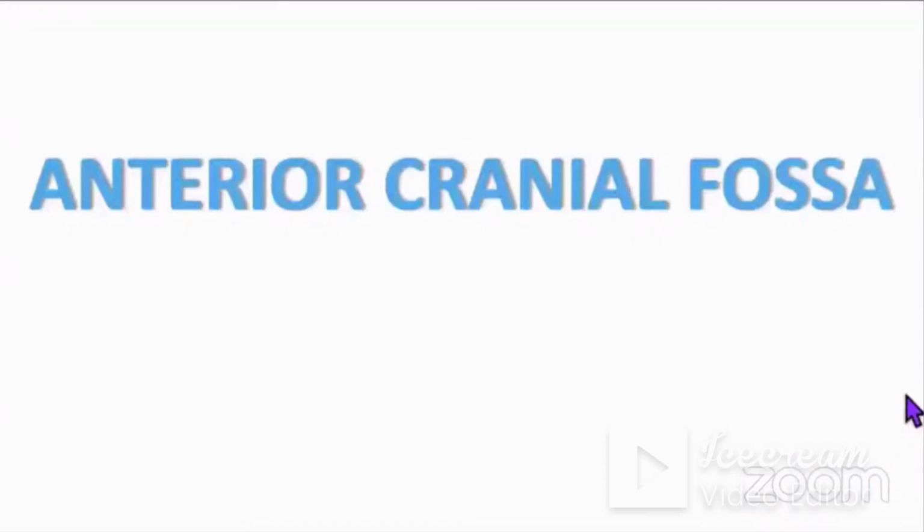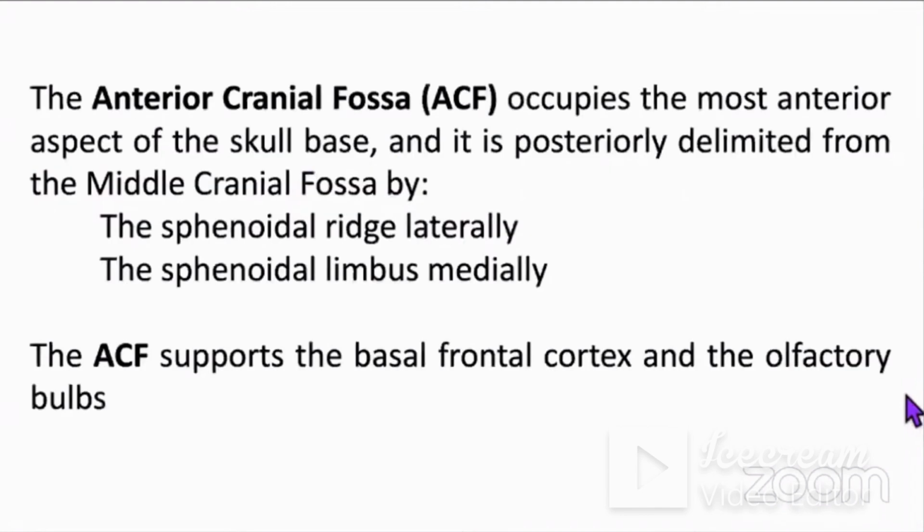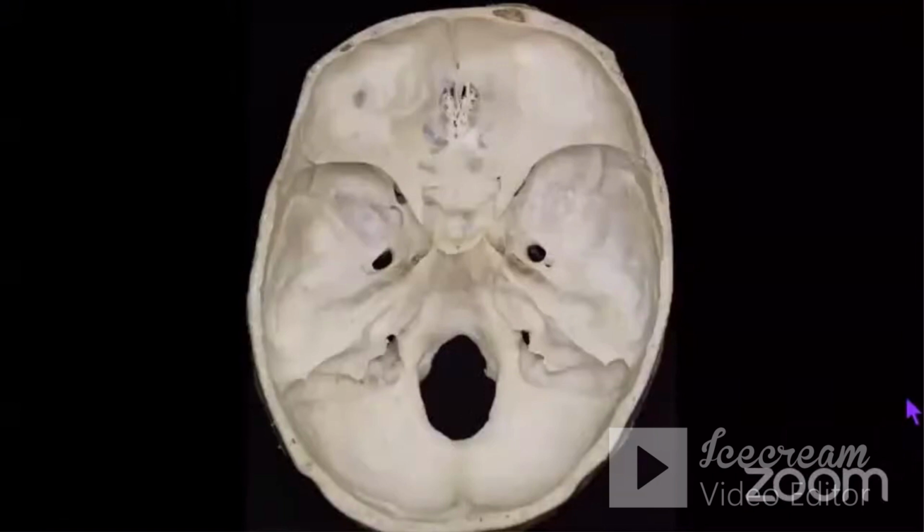So first of all, we are going to talk about the anterior cranial fossa. The anterior cranial fossa occupies the most anterior aspect of the skull base, and it is posteriorly delimited from the middle cranial fossa laterally by the sphenoidal ridge and medially by the sphenoidal limbus. The anterior cranial fossa supports, of course, the basal frontal cortex and the olfactory bulbs. So this is the anterior cranial fossa, laterally delimited from the middle cranial fossa by the sphenoidal ridge, and in the middle portion